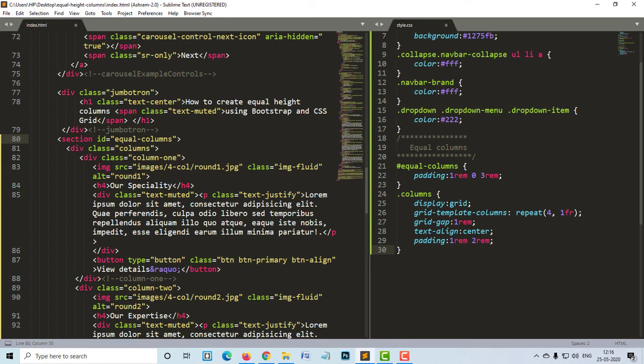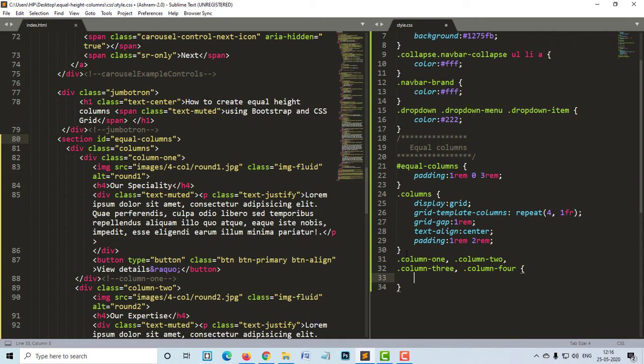So for that, let's target each of these columns. Let's say first say column class column 1, comma, then say class column dash 2, comma, and then say class column 3, comma, and then say class column 4.